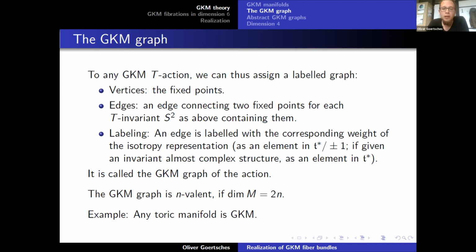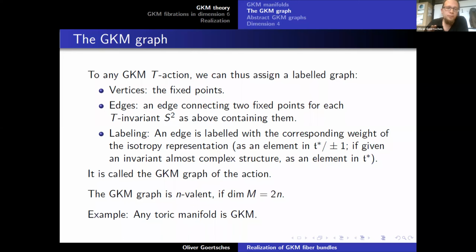Right? So when you have an edge in this momentum image, then you take a primitive vector pointing in the direction of the edge and put this as a label. Right? So this is a very important class of examples. Right? Okay, so what will be important, because I want to talk about realization results.